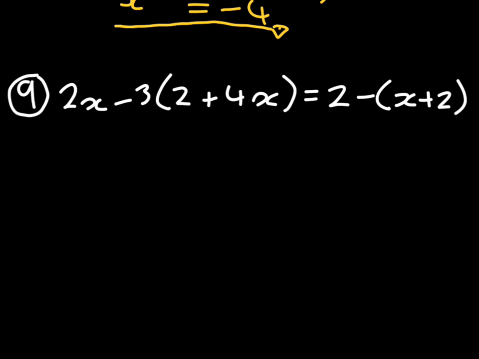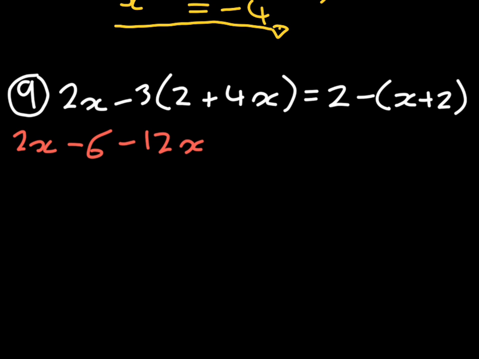Question 9. Here we have 2x minus 3 times 2 plus 4x. This equals 2 minus x plus 2. And once again, to start off, we are going to need to multiply the numbers into the brackets. So on the left hand side, we are going to have 2x minus 6, and minus 3 times positive 4x is going to give us minus